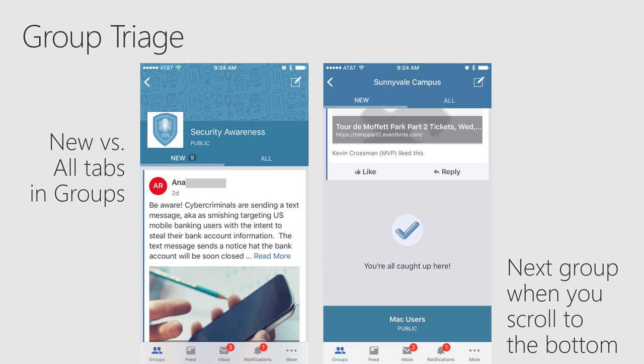When you scroll to the bottom of that group, it'll show you right at the bottom which group is next in the list that has unread messages. Just keep scrolling, tap on Mac Users, and then you can keep going and see all those messages, and so on and so forth. And then when you get to the end, you're at the end. So it makes it super fast to go into Yammer, see what's new, engage with folks, answer questions, ask questions if you want to, and then you're done and you can move on to your other tasks for the day.